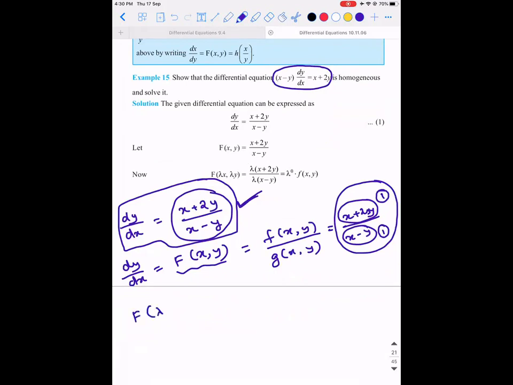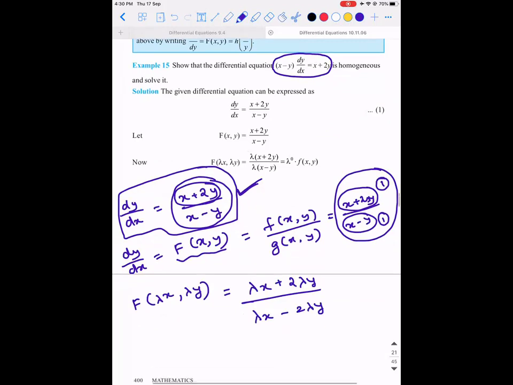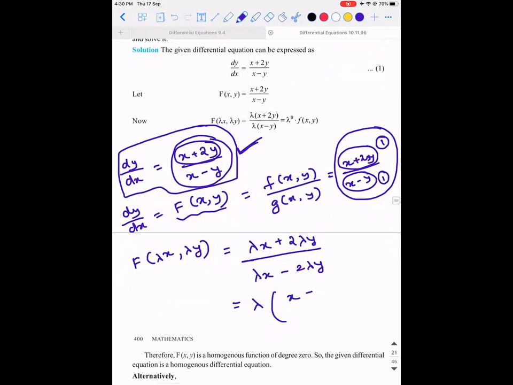For you to verify whether the function is a homogeneous function or not, you are going to replace x comma y with lambda x and lambda y. This will be equal to, in the numerator, wherever x is there, we replace with lambda x plus 2 times lambda y, divided by the denominator lambda x minus lambda y. If you take lambda out, x plus 2y divided by x minus y, the lambdas get cancelled. That will be lambda power 0 into (x plus 2y) by (x minus y). So lambda power 0 is actually what? 1.